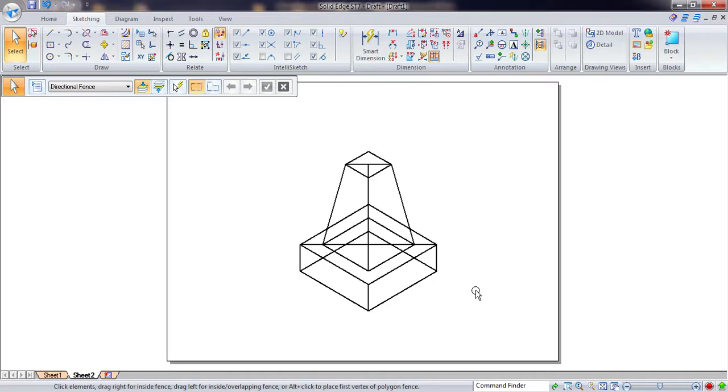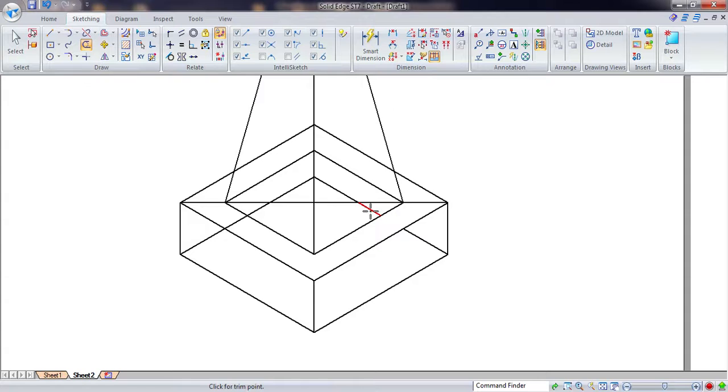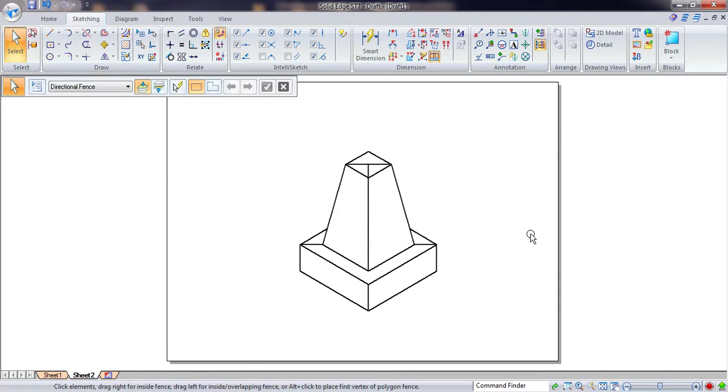Now, when you look from the front side, some of the lines are not visible. So let's trim all those lines. This is one line which you cannot see here. Then again trim out all these lines, then give the fit command. Again, these lines are also not visible when you are looking from the front side. So this is the complete solution for your problem.